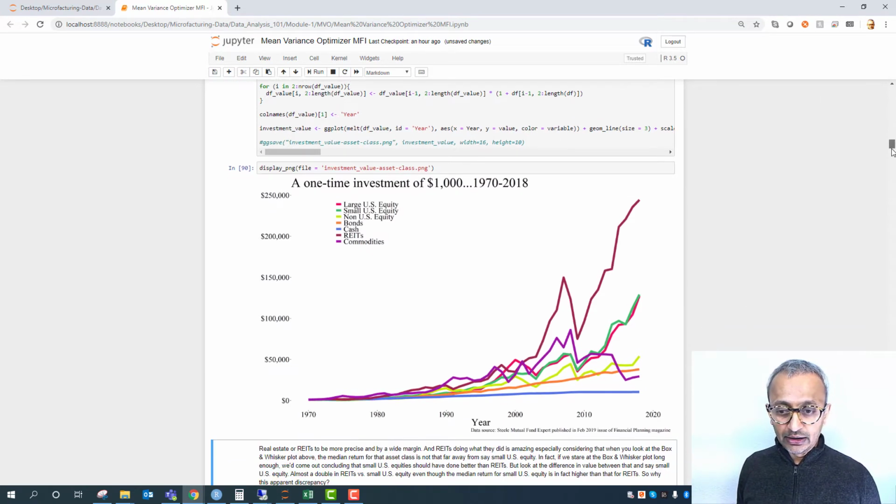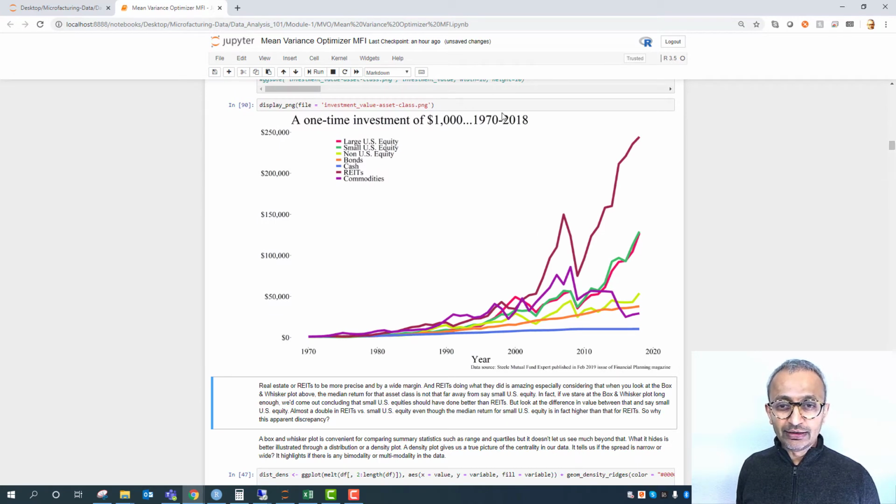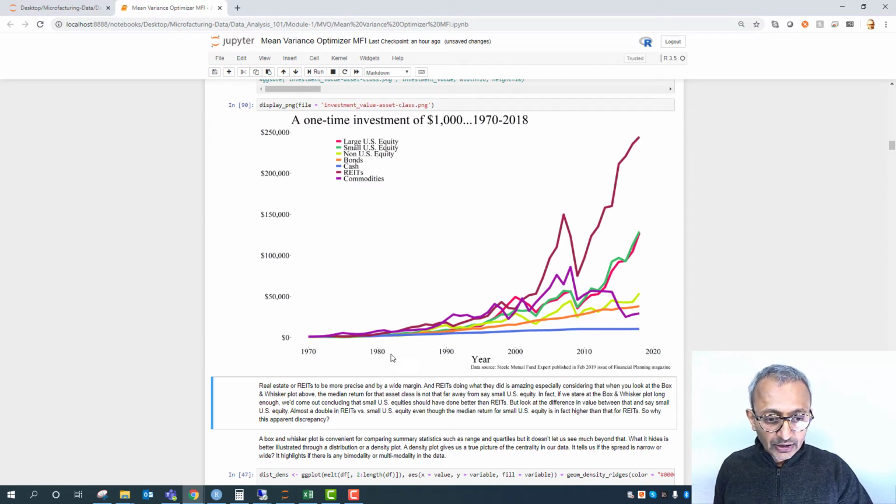But look at this thing, right? So if you put in $1,000 in 1970 and you left it there in different types of investments, which is large U.S. equity and all, right? Each $1,000 in REIT, which is the real estate sector, is around $250,000, right? So if you had $1,000 back in the start of 1970,